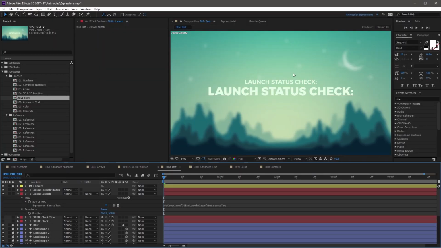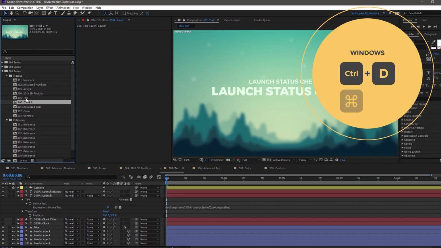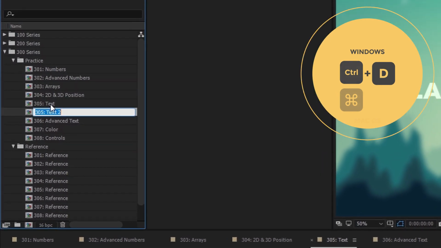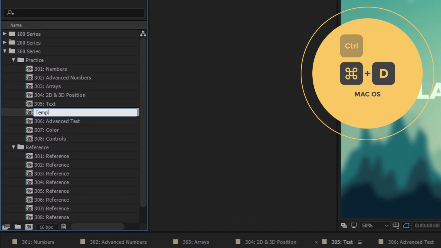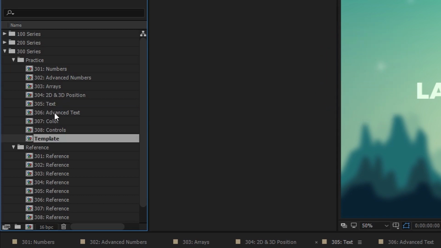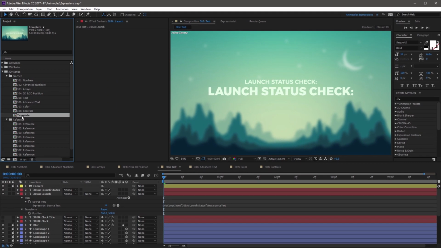Now, what if you wanted to link to another text layer in another composition? To demonstrate this, you can actually just duplicate the composition we're working in. So Command or Control D, and then I'm going to hit Enter and then rename this to Template, and then hit Enter again. And now if I double click this to open it up here, we have the same layers